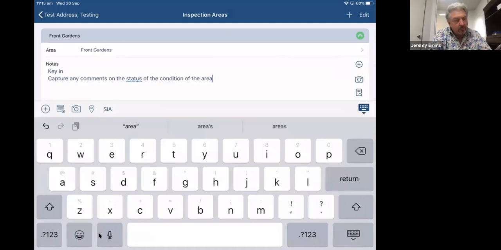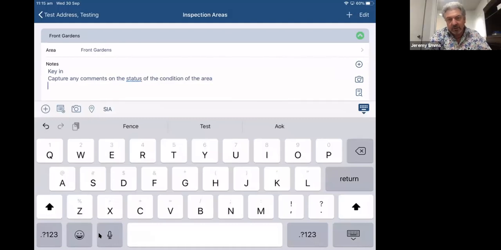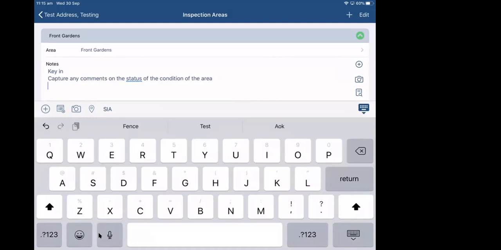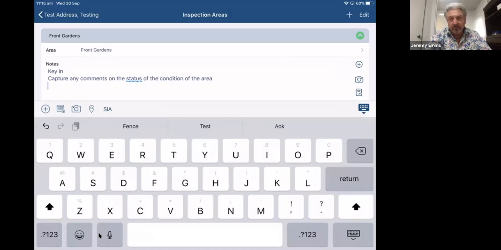Now, what I say to people with using Siri is always check what it's come up with, because sometimes it can drop in some absolute fireballs, let's put it that way. And the best time to use it is if you're in a quiet area. So if you're doing a property condition report or an entry or an exit and there's no one in the room, that's great. If you've got a tenant who's sat behind you or with you at the time, you may not want to use Siri. It does get used to your voice, but it's good to do it in a quiet area. And it's a really good way of capturing notes quickly.